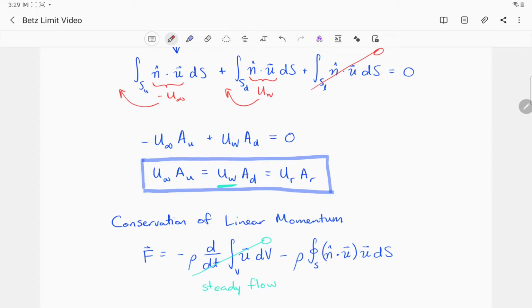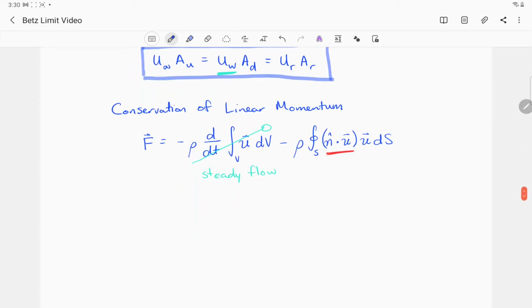Over here in the flux term, the second term on the right-hand side, we have again this scalar product of n and u, and we've already established what this product is equal to on the three components of S: SU, SD, and SL. So we can write F as, and we can make this even a little bit simpler yet. I'm still expressing F here as a vector quantity, but we're only going to be interested for this analysis in the axial, that is the x component of the force. And so we can divide out the components of the velocity. We're only interested in the x component, and we get,